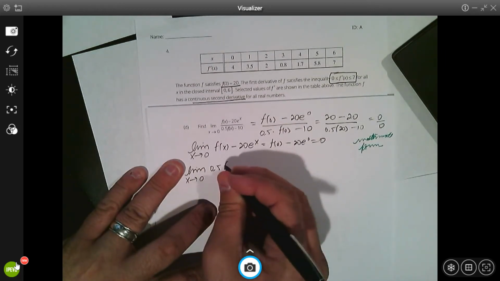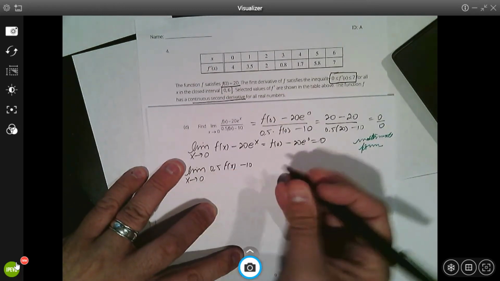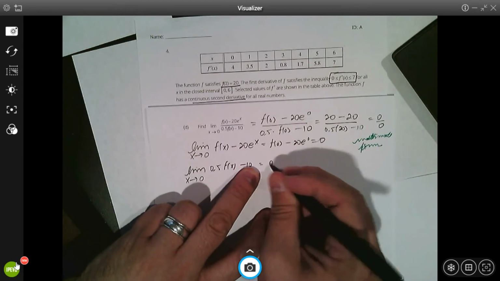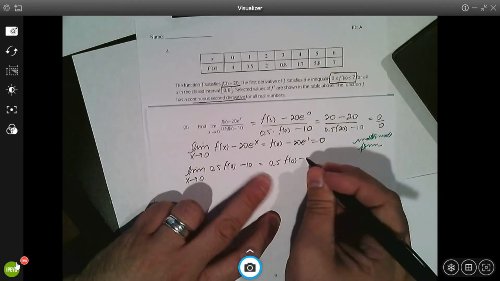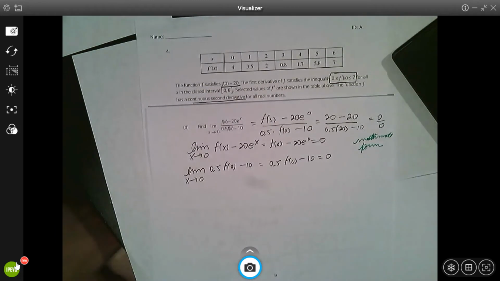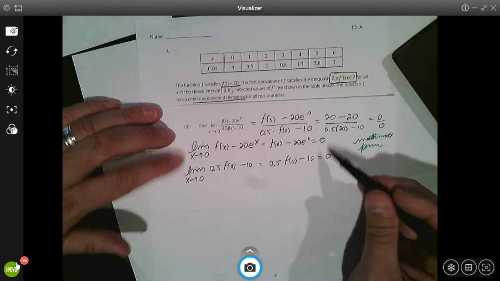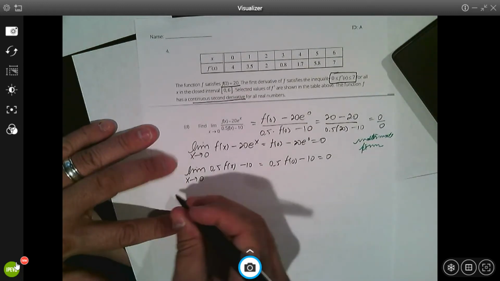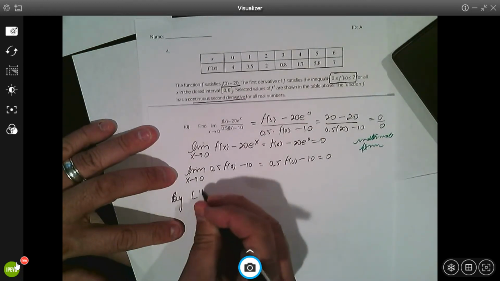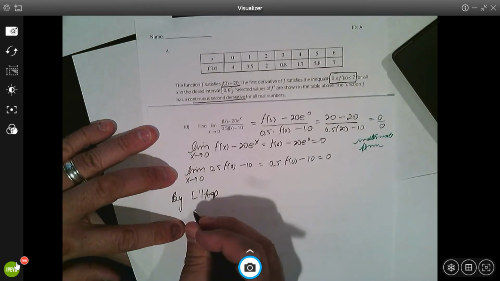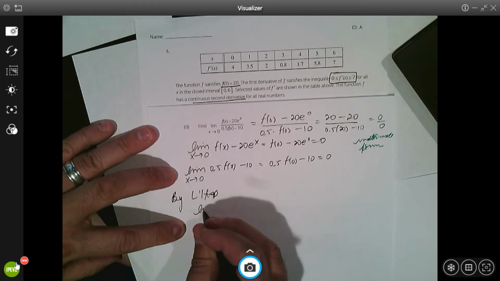You then have to evaluate the denominator, which is 0.5 times f of 0 minus 10, which is equal to 0. Because both the numerator and the denominator are approaching 0, now we can say by L'Hopital,